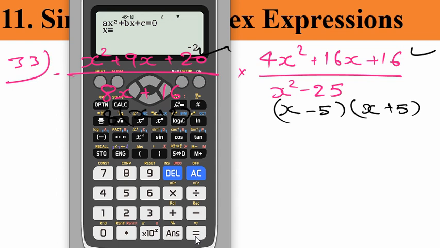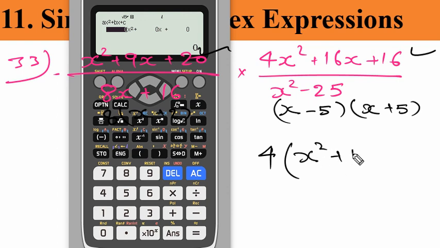Okay, minus 2, and that's minimum. One second, let me try again. Or else do one thing, take 4 as a common factor from here. Okay, 4 as common factor, x square plus 4x plus 4. That also will work, but let me just do it this way only, because that should give us the right answer. A is 4, B is 16, C is also 16,